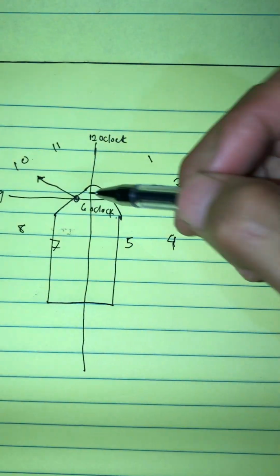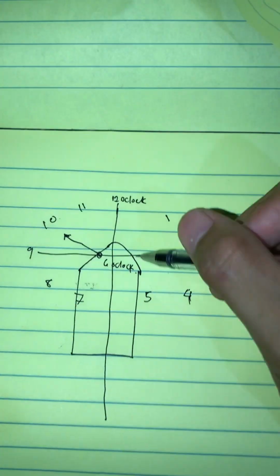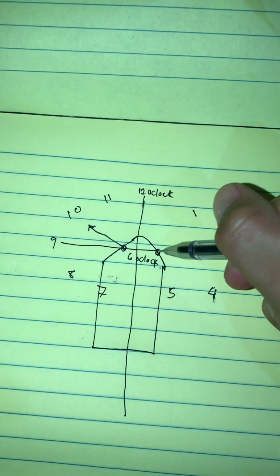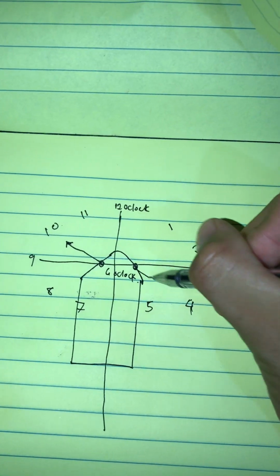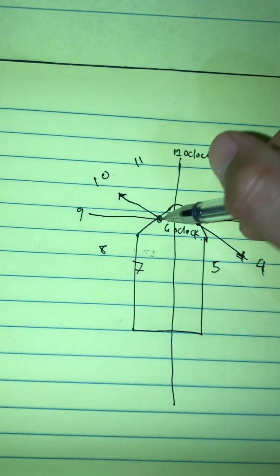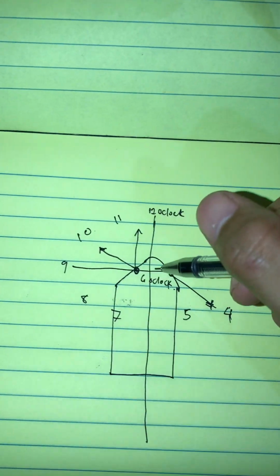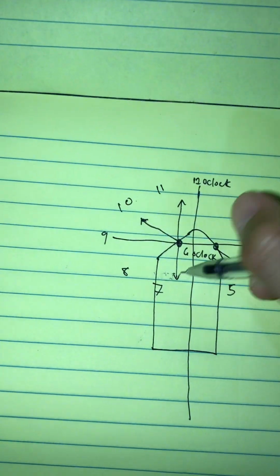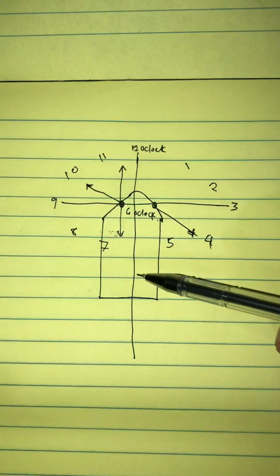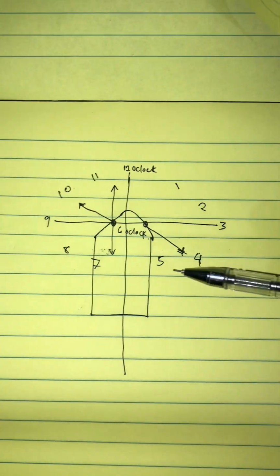So the anchor chain direction is 10 o'clock, and if you drop on the starboard side here, your anchor chain direction is 4 o'clock. So it's basic. And if you drop anchor here, your anchor chain direction is 12 o'clock, and if you drop anchor here, your anchor chain direction is 6 o'clock. So it's basic, it's easy to read anchor chain direction in clock format.